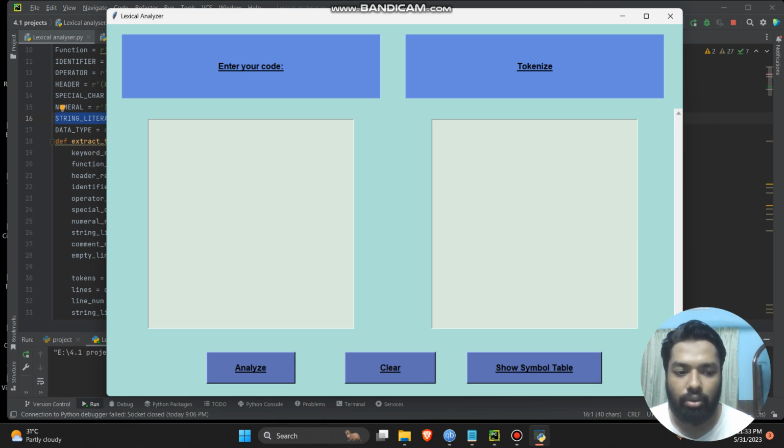In input code, we give the source code. The source code is used in C language, and when we give the source code and when we analyze it, in the tokenized block we can see every token that we have used in our code. Let's see an example,